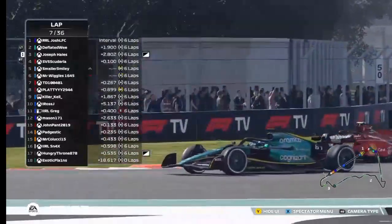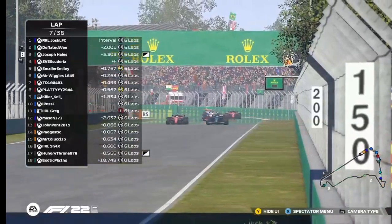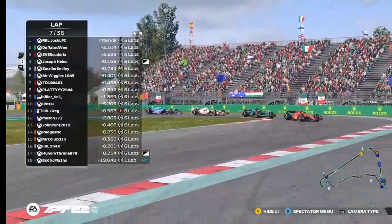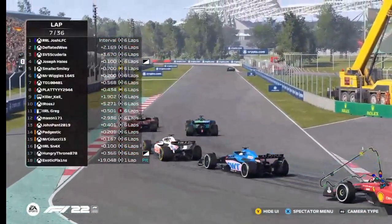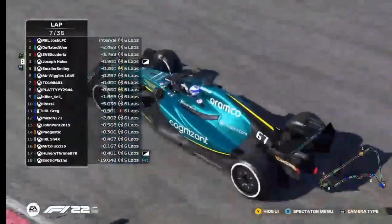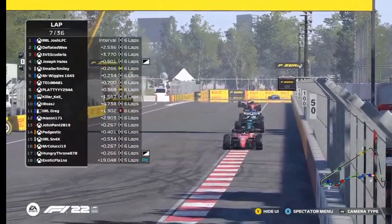Scuderia is still behind Joseph Hills, has a look on the inside, but Joseph Hills again defends his position really nice. But I think now it's hard to keep his position because Scuderia is just in front. And now Scuderia is on the inside, so now he made the move stick. But Joseph Hills isn't giving up into this double right-hander. Exotic Plains is already in the pit lane. And Scuderia looks like he has a little bit more momentum than Joseph Hills and is driving a little bit away